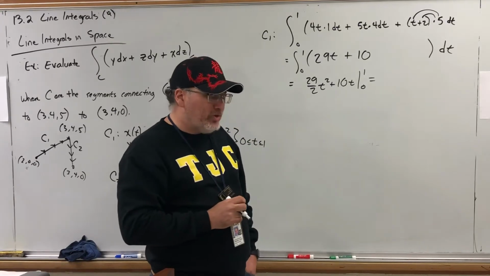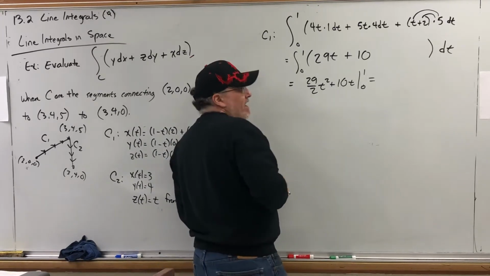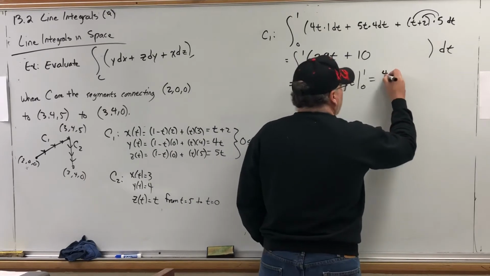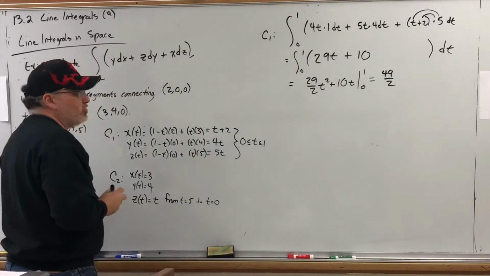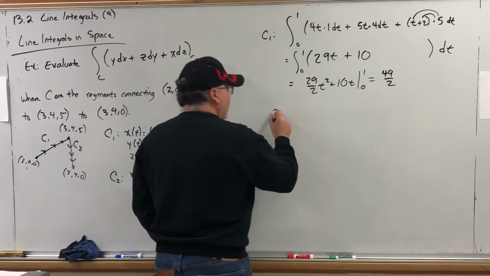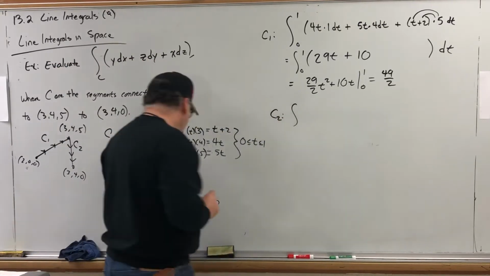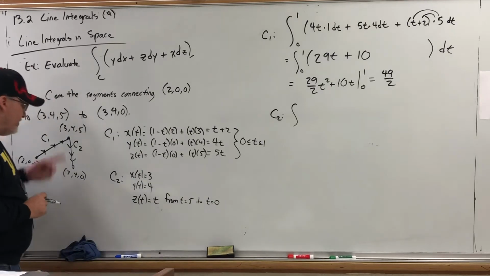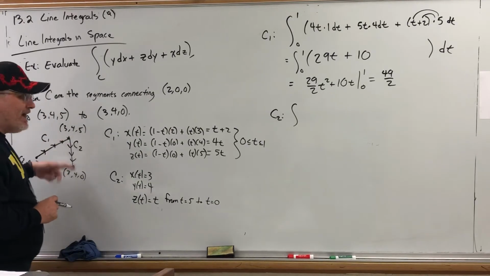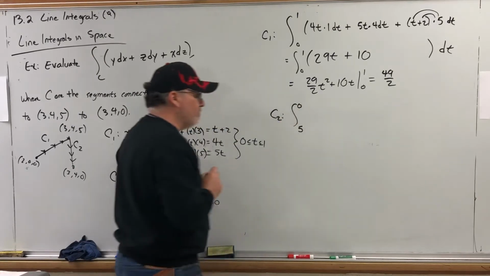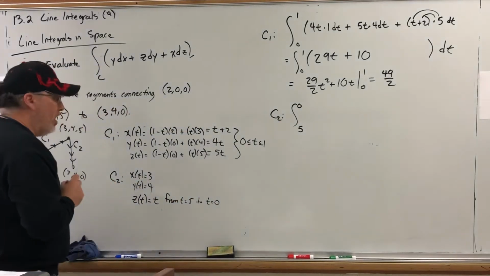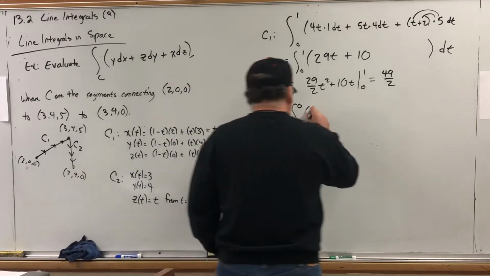10 is the same as 20 halves. So 29 halves plus 20 halves is 49 halves. Not our answer, but the first part of our answer. Over the second curve, and be careful, I'm going to use this one, but the initial value of t is 5 and the terminal value of t is 0. So this is being evaluated from 5 to 0 of, I'll set it up again,